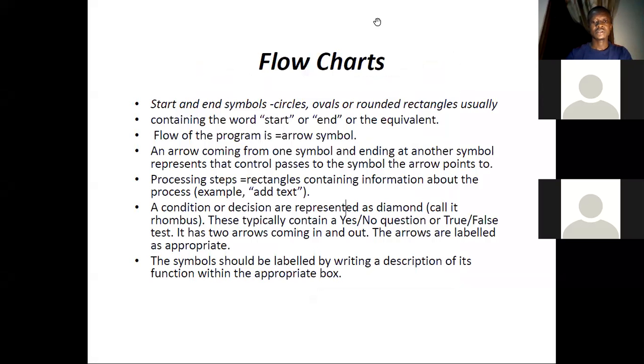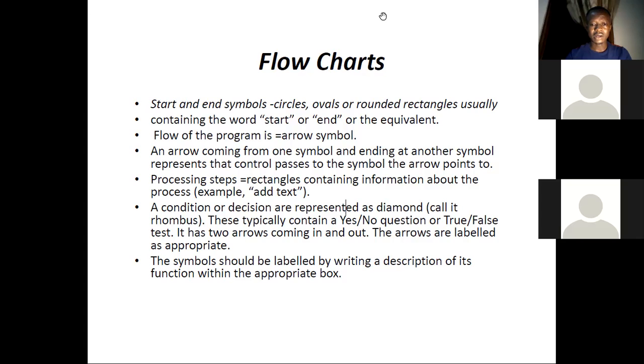Start and end symbols are circles, ovals, or rounded rectangles. We write the words start and end inside the oval shape. We talked about the flow. For processing, rectangles are used. A condition or decision is represented by a diamond. Call it a rhombus if you like. These typically contain yes or no questions. So I'll just show you an example